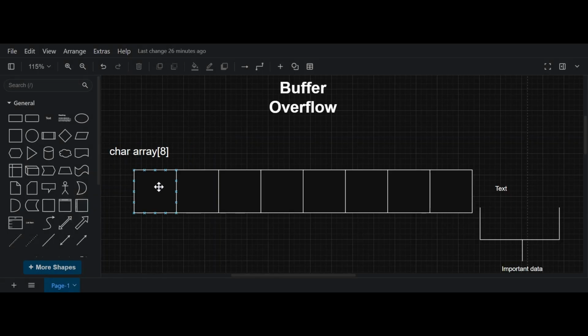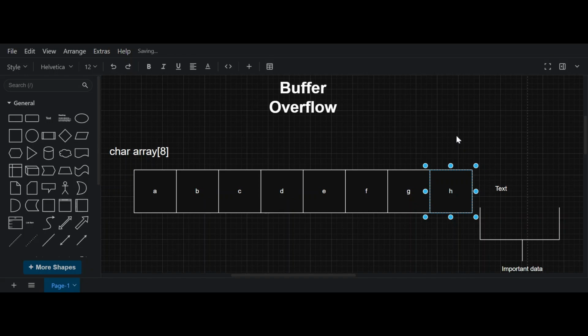Buffer overflow. Now here we have an array of 8 bytes, and an array is basically a buffer, right? So we have this buffer of 8 bytes. Now if we were to enter characters here, A, B, C, D, E, we have entered these 8 characters. Now what happens if we enter more characters? If there is no bound restriction on our array or buffer, then